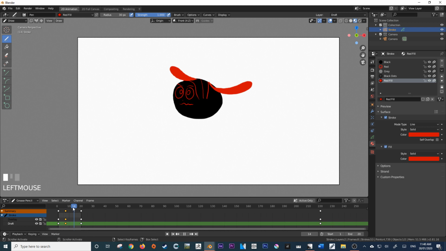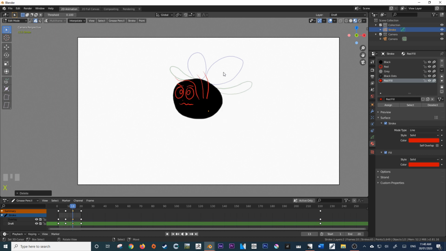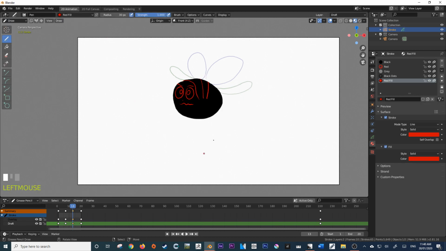And let's create one more. So I'm just going to duplicate it and move it to here. And then I'm going to, again, edit mode, delete those points there. And then I'm just going to go back into draw mode, making sure that I'm in draft because that's the layer that I want. And then I'm just going to create those wings there. I'm just going to create this one over here.